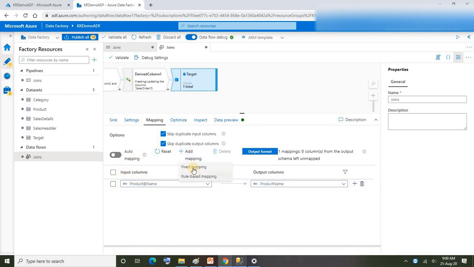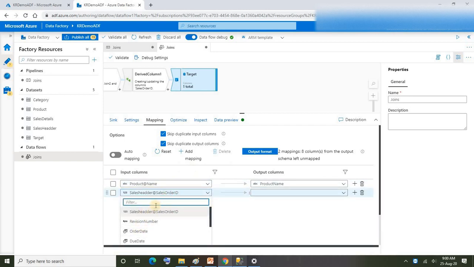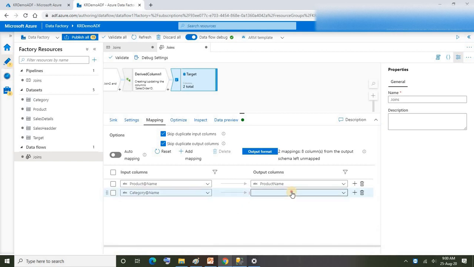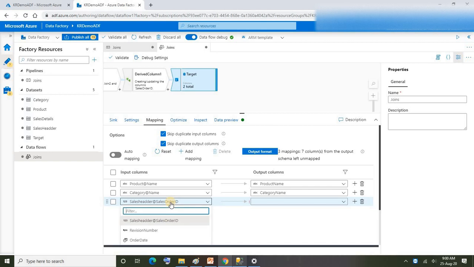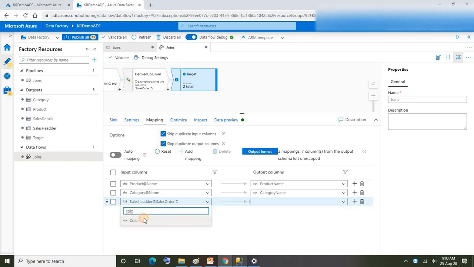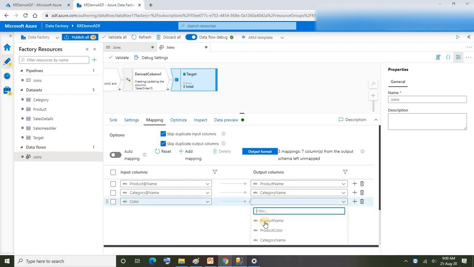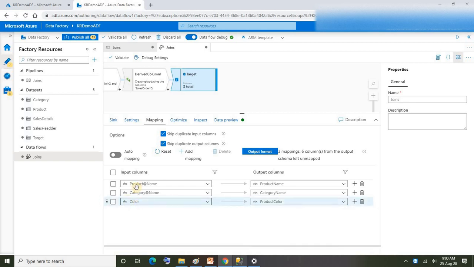Next, add mapping again, fixed mapping. I'm going to say category name, and here it should be category name. Next, let me say color, product color.